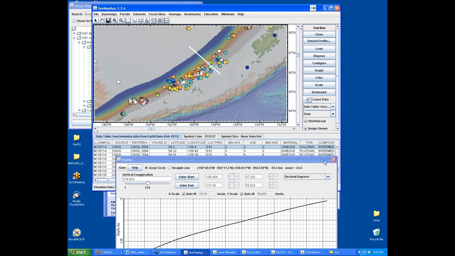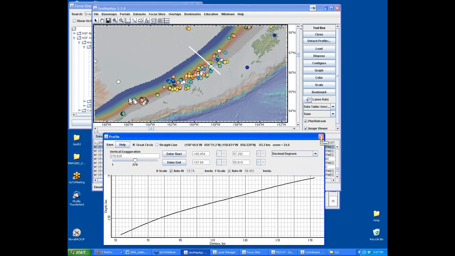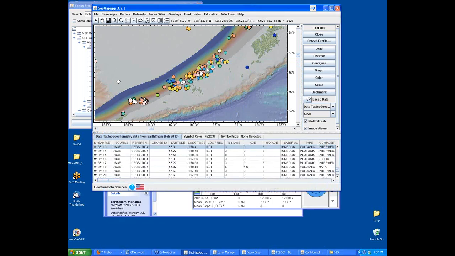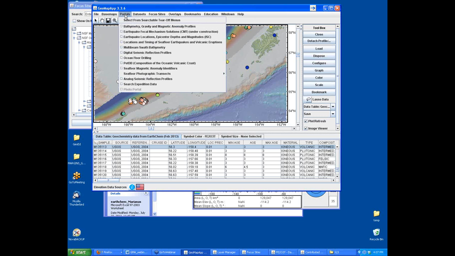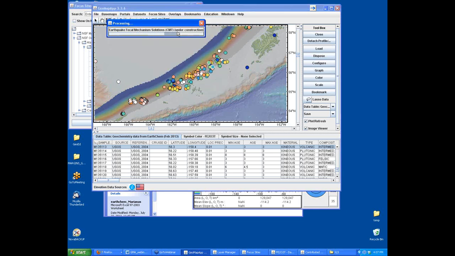Okay, so now we could add another. I'm going to kill this profile window, and I'm going to layer another data set on top of this area. And in this case, I'm going to plot the focal plane mechanism solutions, the earthquake dataset CMT solutions from the CMT project. These values are located under the Portals menu, and it's the second item down, Earthquake Focal Mechanism Solutions. So if we click on that, it takes a moment to load the dataset,